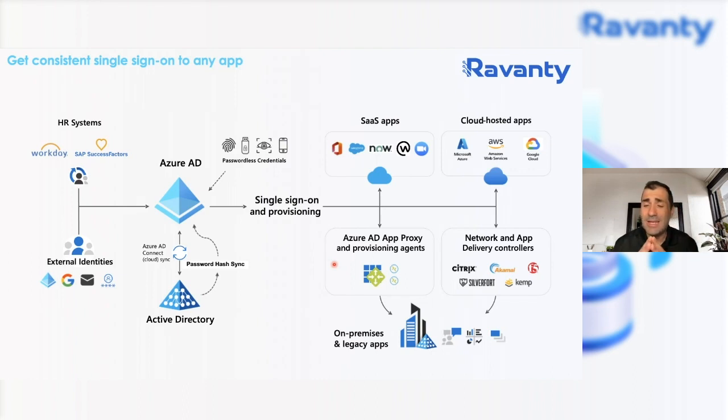Now, those are not natively supported in Azure Active Directory, so they do require additional configuration. So things like installing and enabling an Azure App Proxy, and secure hybrid access with some of the firewall vendors, as you can see below. Assuming that those integrations are set up and configured, you're able to integrate all of your applications directly to Azure AD and have a single sign-on experience across all of your apps.